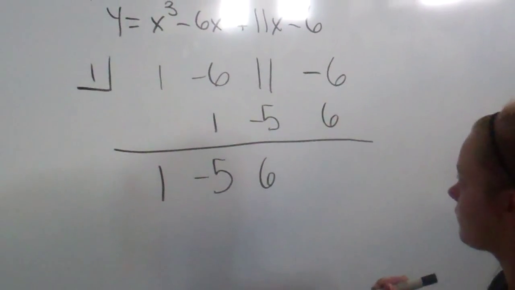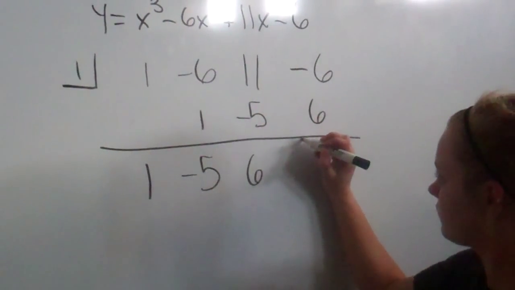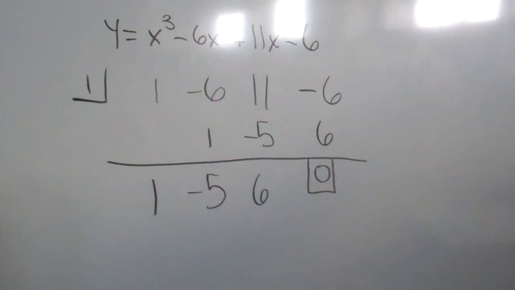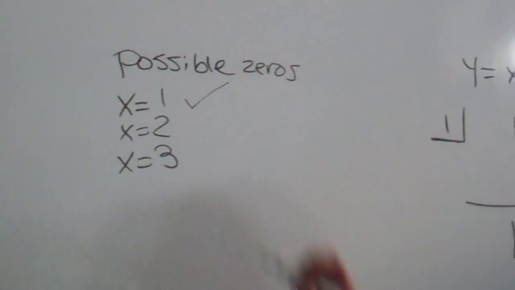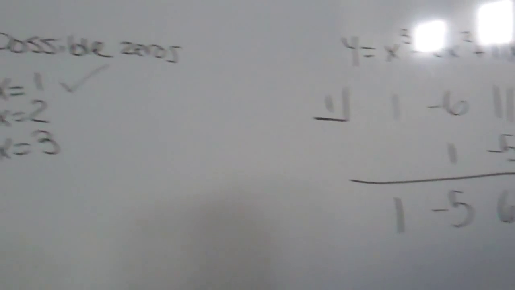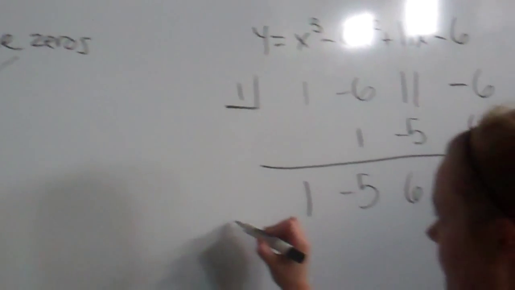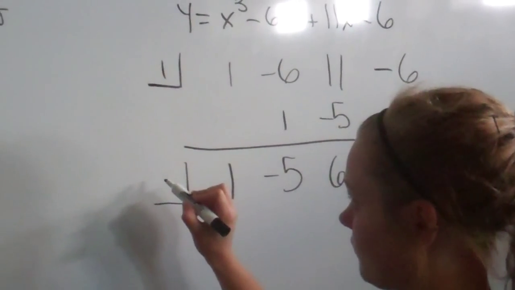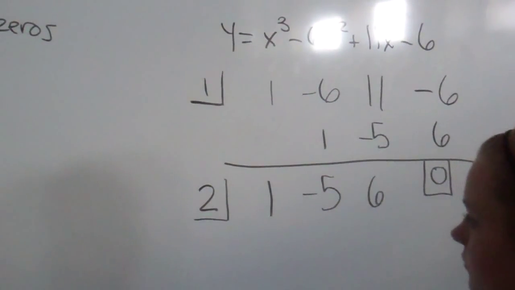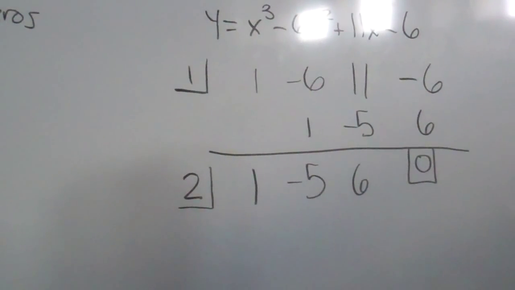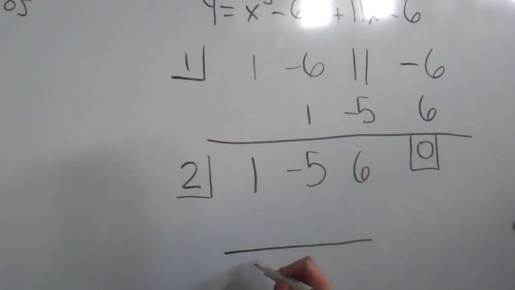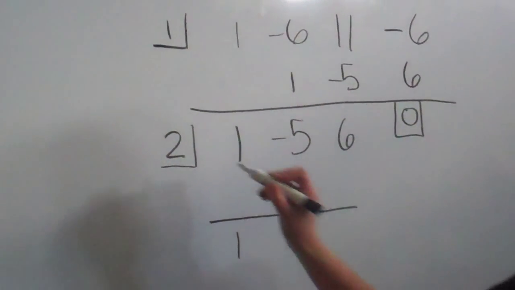And negative 6 plus 6 is equal to 0, which means that 1 is a correct zero because we have no remainder. And now we're going to check 2. So the easiest way is to just continue along with these numbers because we've already proved that 1 is a zero. So 2 goes in the box, and we bring down the 1 again, which means 1 times 2 is